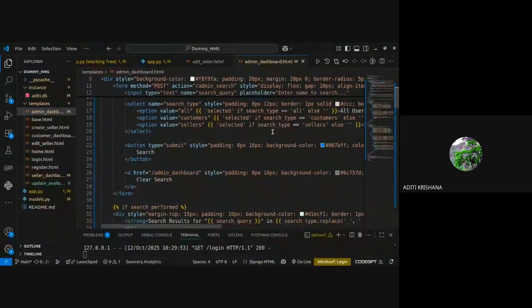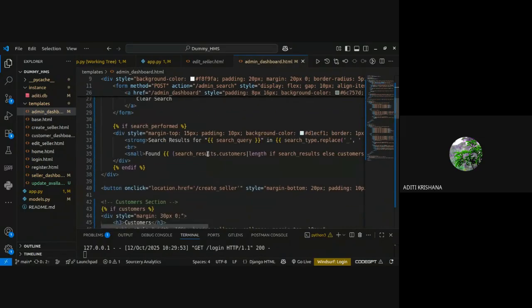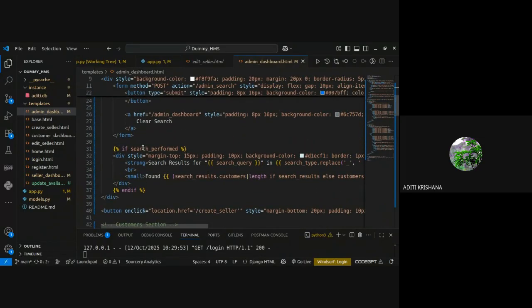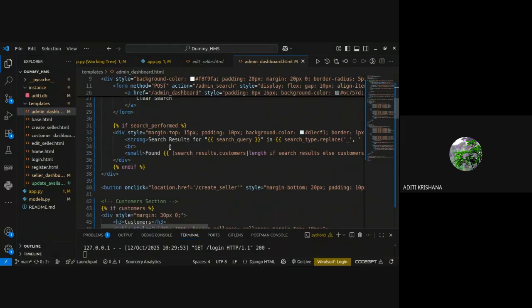These are the two things which we take while doing the search functionality. That's why in the route I have mentioned two things: search type and search query. Okay, a submit button is there, and then we can clear our search as well. So this was the form in which the search functionality is happening, and now comes how search is being performed.